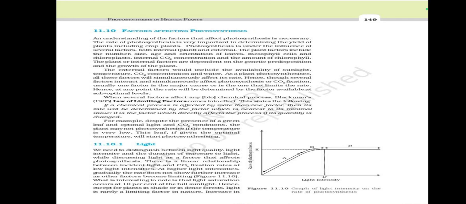When several factors affect any biochemical process, Blackman's 1905 law of limiting factors comes into effect. This states the following: rate will be determined by the factor which is nearest to its minimal value. It is the factor which directly affects the process. If its quantity is changed, for example, despite the presence of the green leaf and optimal light and CO2 conditions,